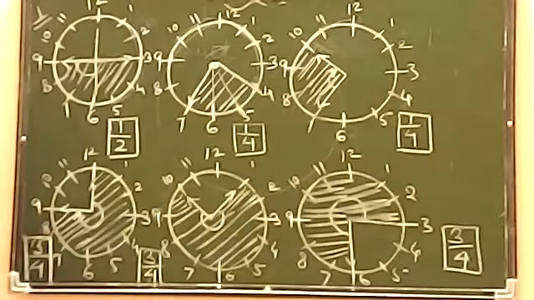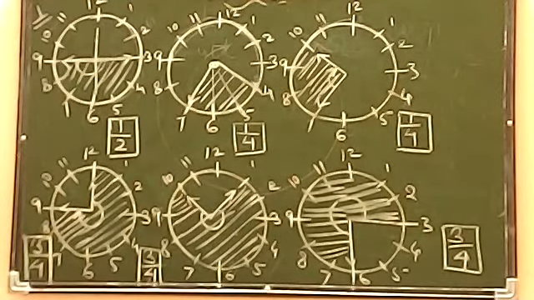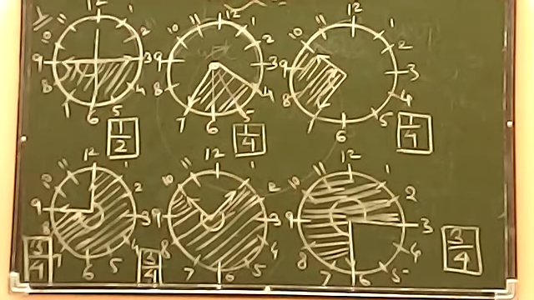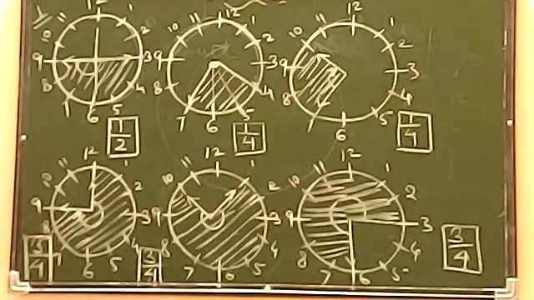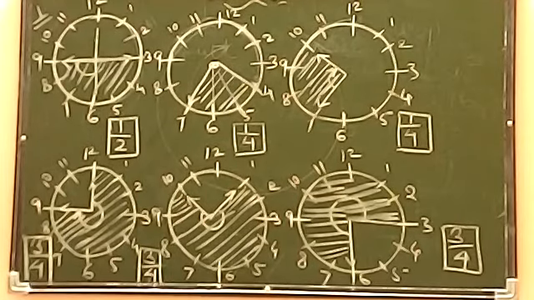Now please understand one by one all. The first one is 1/2 because it is covering half. Second is 1/4 because it is covering only 3 portion out of 12, sorry. Now the third one is 1/4 because again here you are covering 3 numbers out of 12 numbers. Then move on to the next one, fourth one, 3/4 because you are covering total 9 numbers out of 12. Then next one is again 3/4 because it is just similar to the previous question.